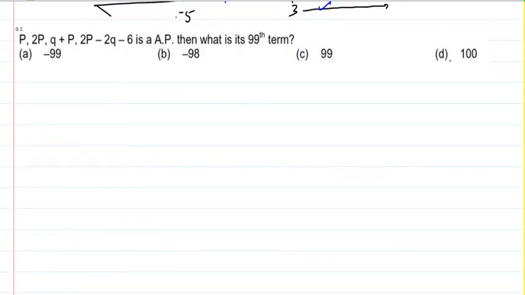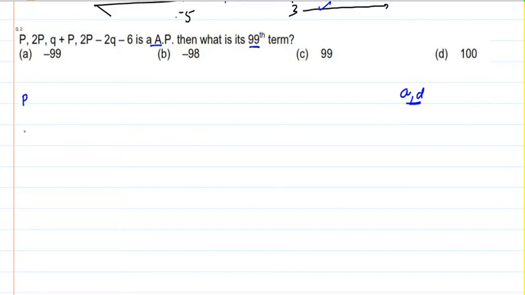What is being said here? P, 2P, Q plus P, 2P minus 2Q minus 6 is an AP. What is the 99th term? In an arithmetic progression, all you have to do is find the first term and the common difference and you're good to go. Here the first term is